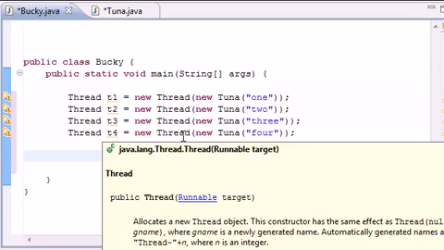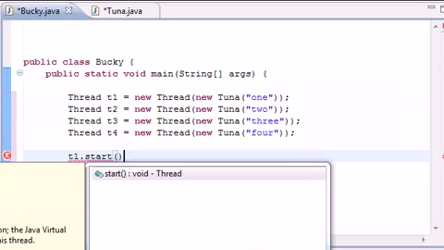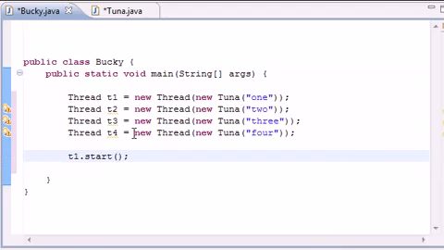So we have these threads created, but we didn't start them yet. They're just created, waiting. They're like, come on, come on, let me go. So now, before we shoot the gun and let them all loose, here is how we start them. t1.start, and this is how you start a thread. And whenever you,